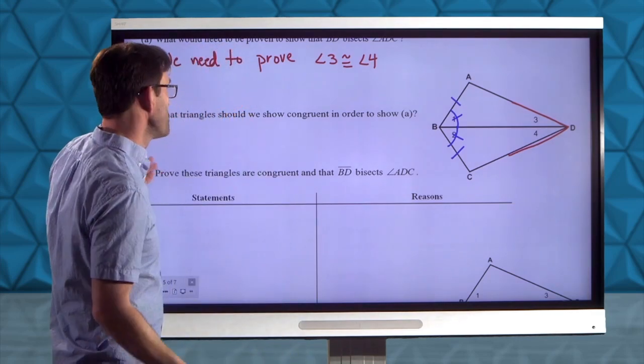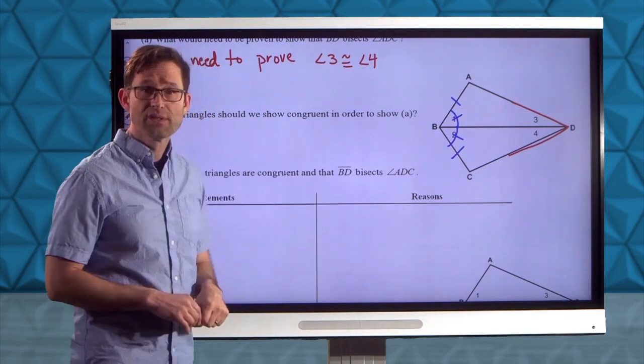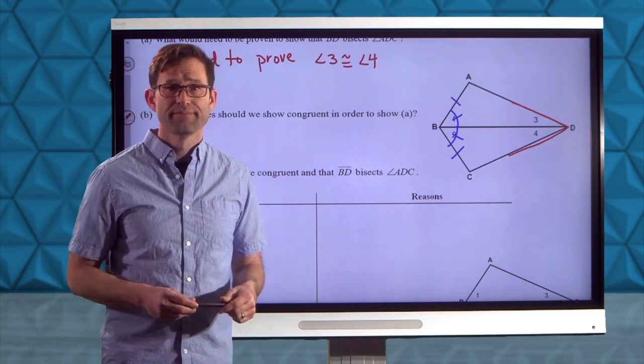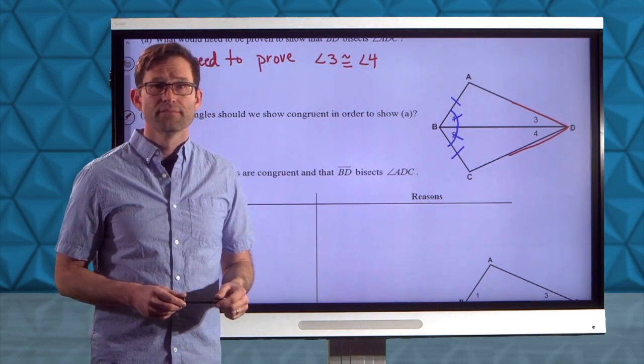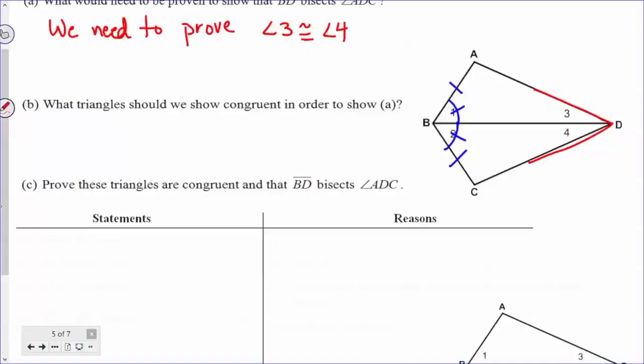And letter B just says, which triangles should we show congruent in order to prove that 3 is congruent to 4? Write down a congruent statement. All right, so we would need to show that triangle BAD is congruent to triangle